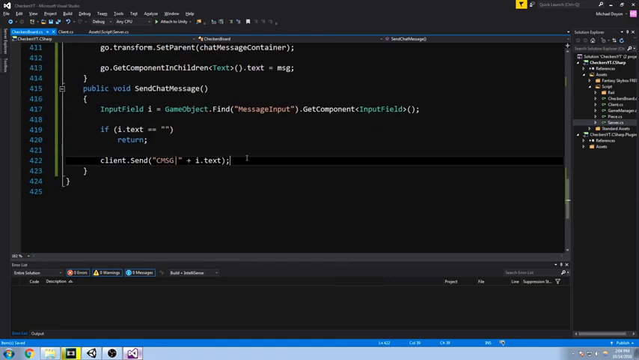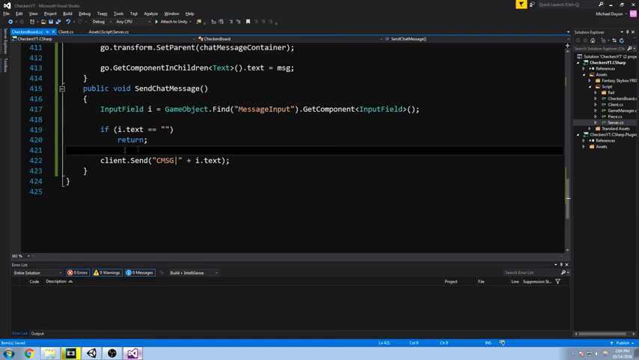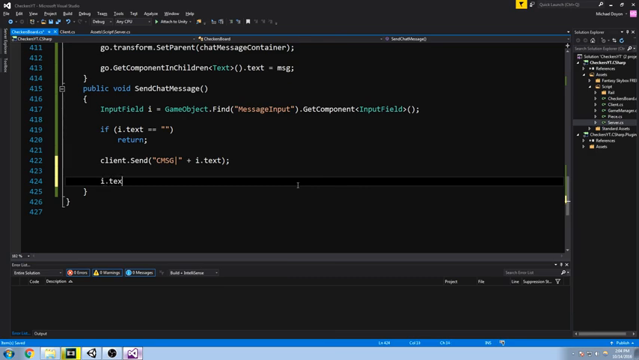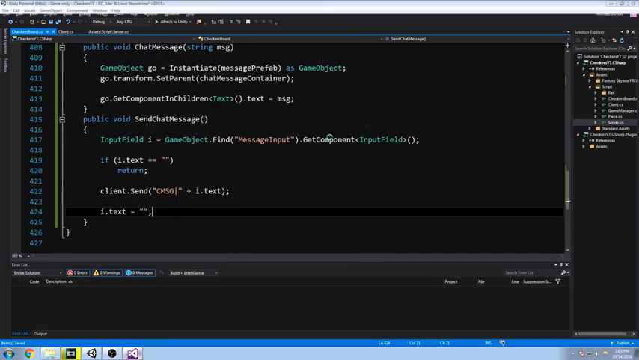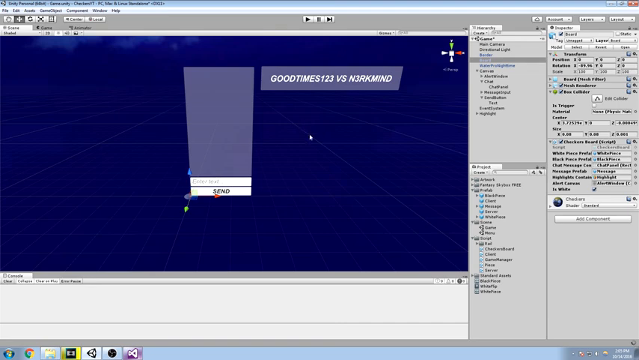If we're playing hot seat, we can't really do that, so I'll just make sure to disable that as well. If we're playing hot seat, we'll do that in a moment. So anyway, client.send C message, our text is being sent, and after that let's make sure we clear the text. So I.text is equal to nothing. This should actually work, and we are going to give it a try before fixing the multiplayer thing we just